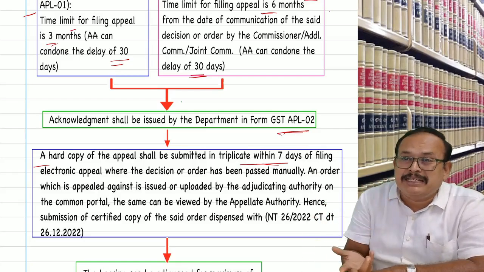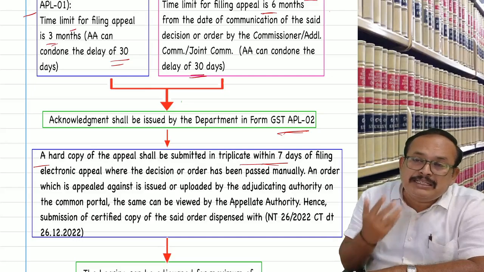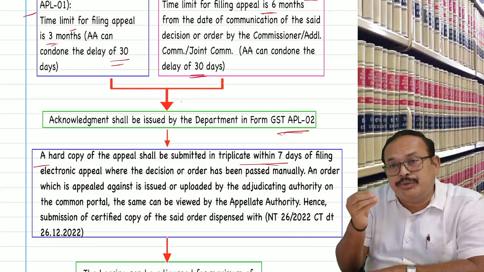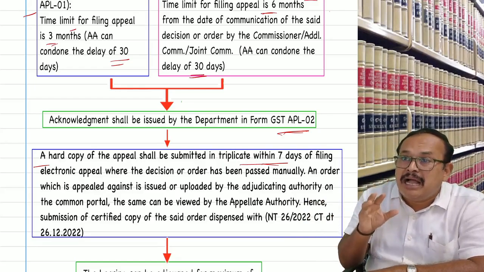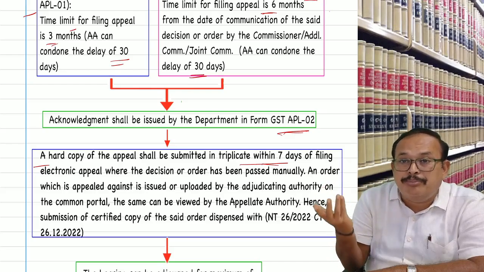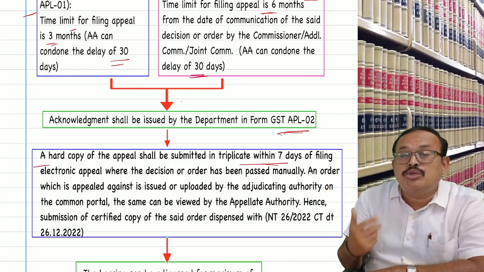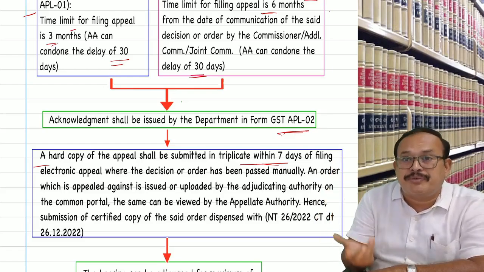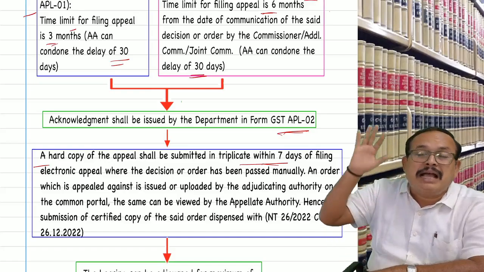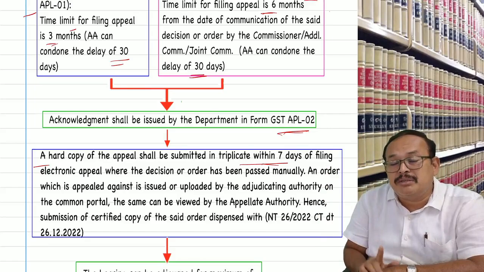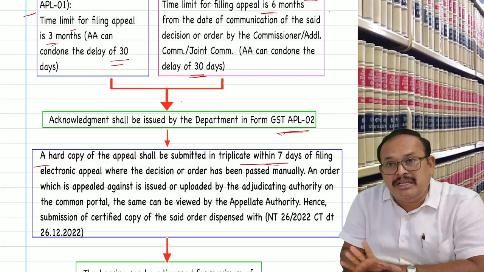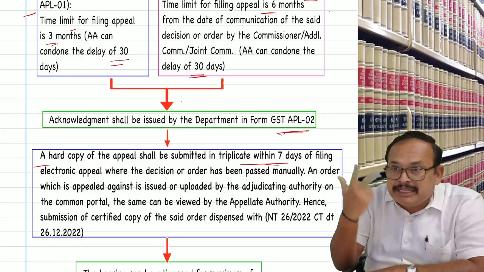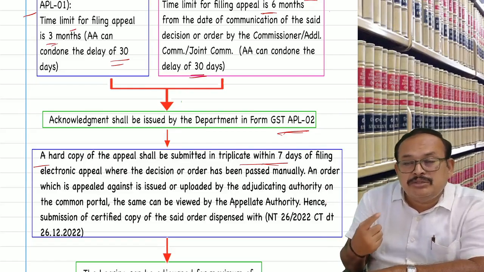And once you make the application, an acknowledgement is issued in form APL 02. Thereafter, am I required to submit the hard copy of the appeal I made through the system software? Not required, if the original order was passed by the officer through system software, as the soft copy is there. That can be accessed by the officer. If the officer passed the order manually, which is not available in system software, where you upload the appeal